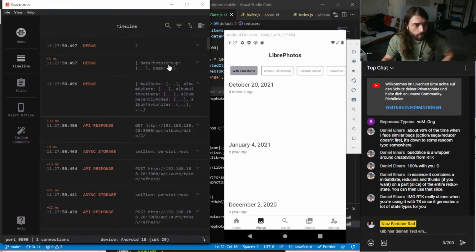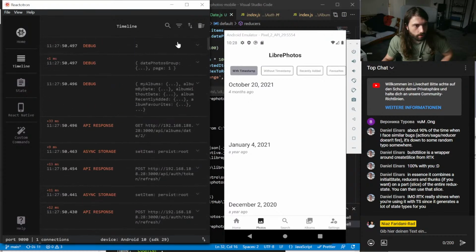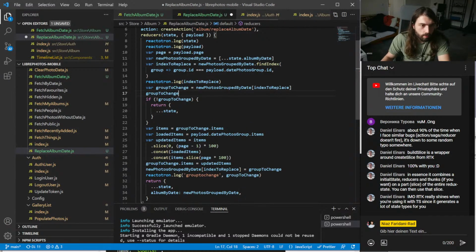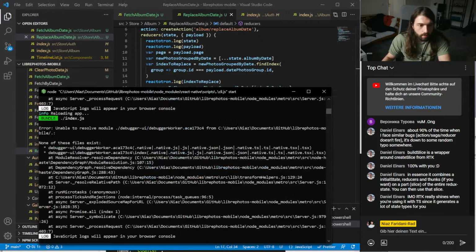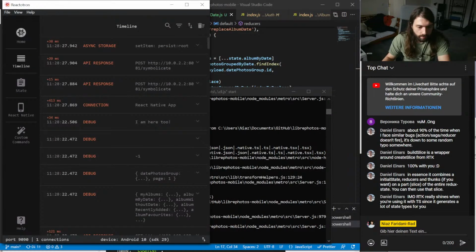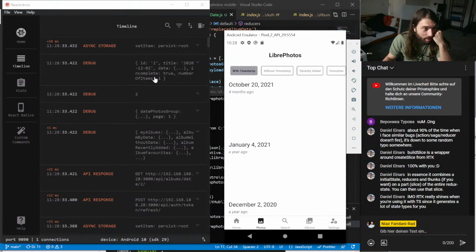Okay, so we only get as far as our index, right? So index to replace. But then he doesn't find the group, I guess, and then he will just go not any further. So why is this an issue? Reload. I mean, it's one-to-one the function we also use in the front end. So I don't know why there are so many problems.